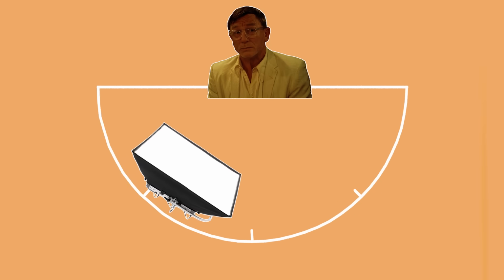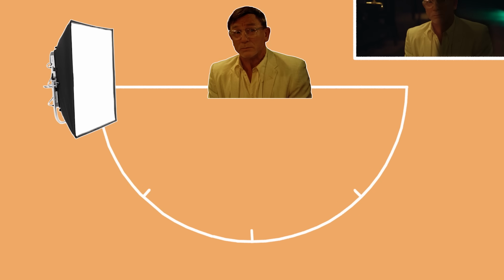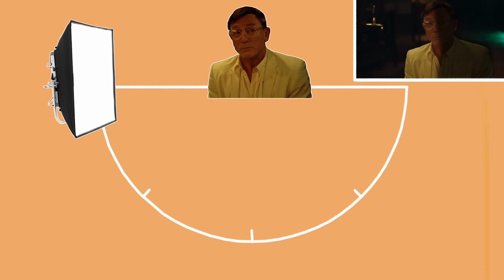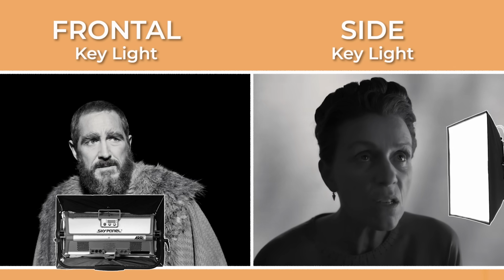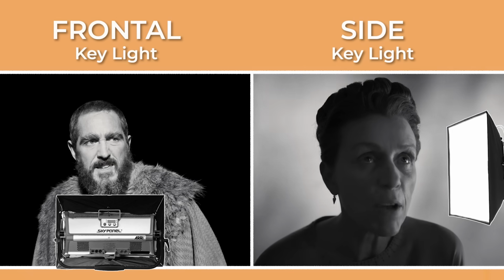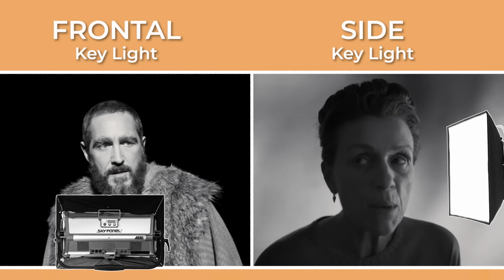However, if you move the light source around the semicircle until it's completely profiled to the subject at 0 degrees, you'll see much stronger contrast. Now half the face will get hit by light, while the other half is masked in shadow, as it's blocked